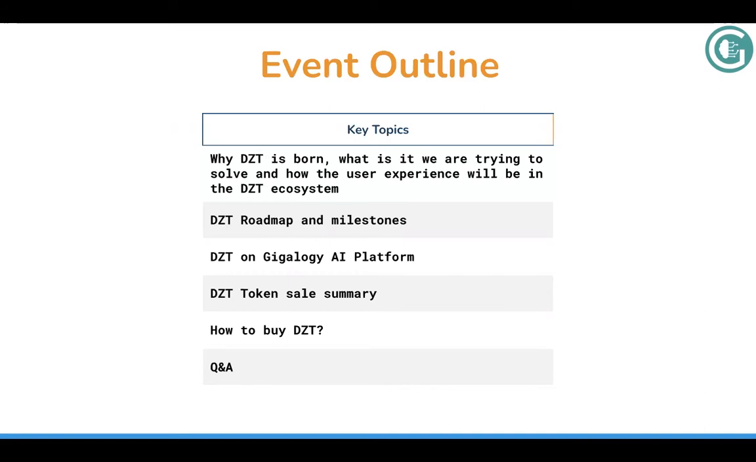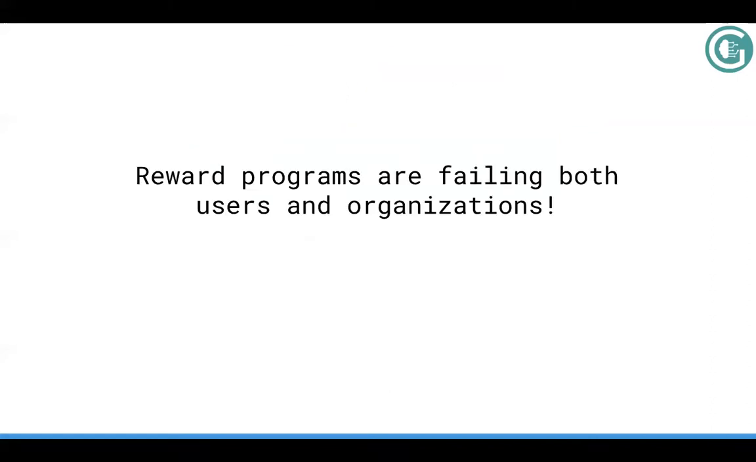Next, I'll move into our roadmap and what we are trying to achieve on a certain timeline. After that, I will talk about Doozie token on Gigalogy AI Platform. Next, I will talk about the token sale summary, how the tokens are being distributed, and where you can buy Doozie token. And finally, we'll have a Q&A session where I will go through your questions and try to answer them one by one. All right, so let's jump into why